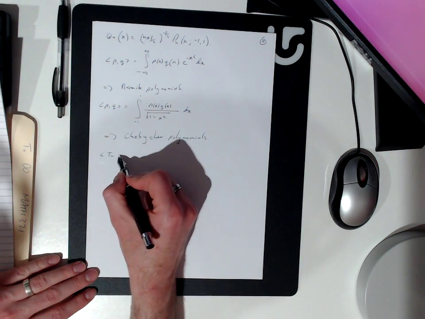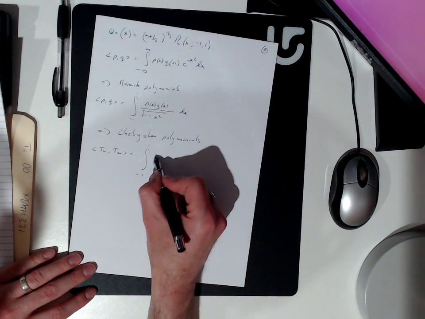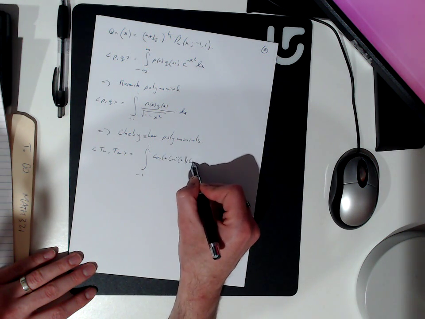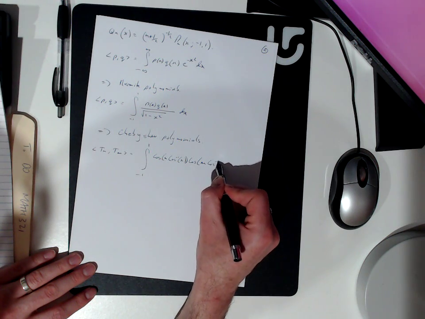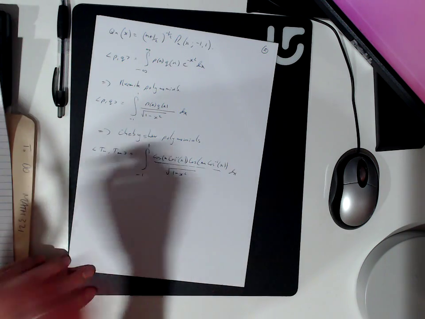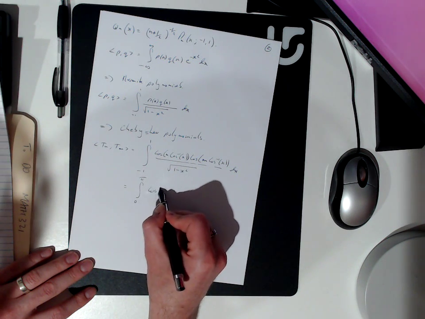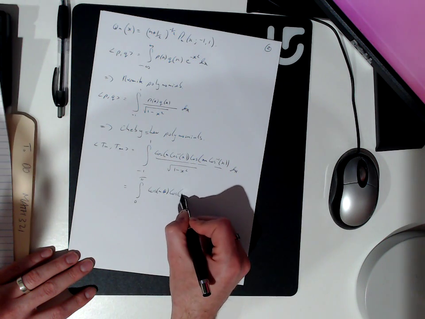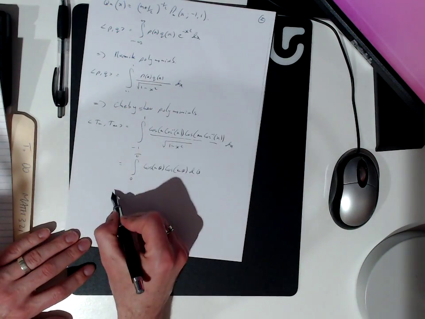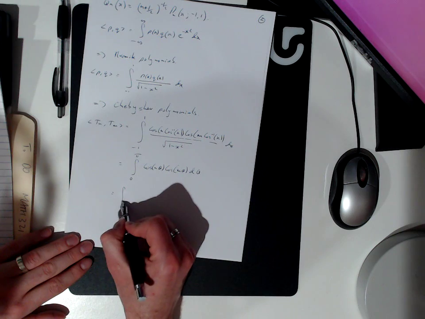And we can check that. Tn, Tm, the integral from -1 to 1 of cos(n cos inverse x), cos(m cos inverse x), divided by square root of 1 minus x squared dx. With a suitable change of basis, this ends up being, and once you pick an appropriate trig identity, this is